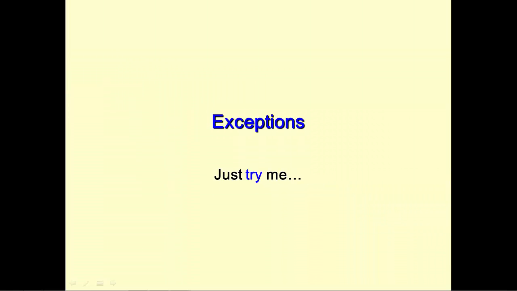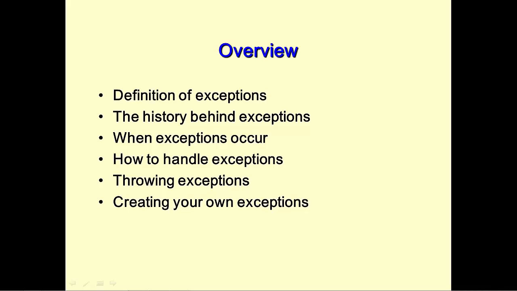In this presentation, we're going to talk about exceptions and what they are and how we can use them to handle certain situations gracefully. So as an overview, we'll talk about what exceptions are. We'll talk about the history behind exceptions, where they came from. We'll also talk about when exceptions can occur and how to handle them when they do occur. We'll talk about how you can throw exceptions, and then finally we'll talk about how you can create your own